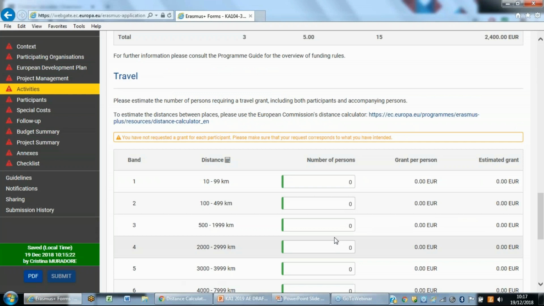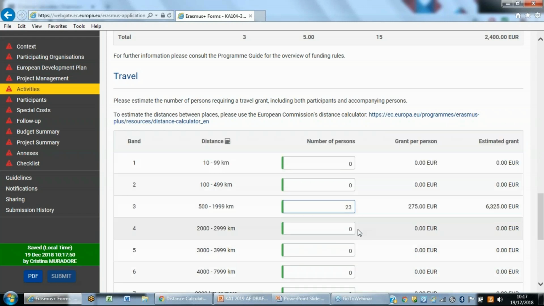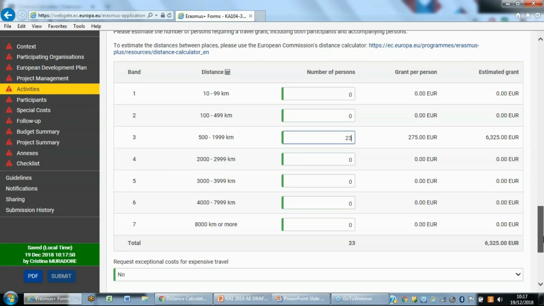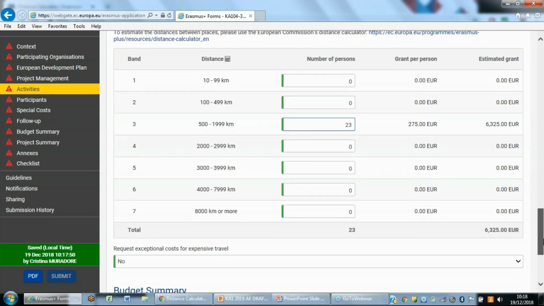Next to the 500 to 1999 kilometer band, I'm going to input 23, 20 learners or staff, and 3 accompanying persons. Again, the estimated grand total will appear in the bottom right corner of the table. Underneath this table, there is the option to request exceptional costs for expensive travel. This may be requested if you are traveling from or to somewhere which is remotely located, and justification can be